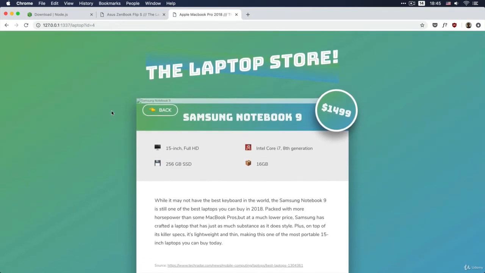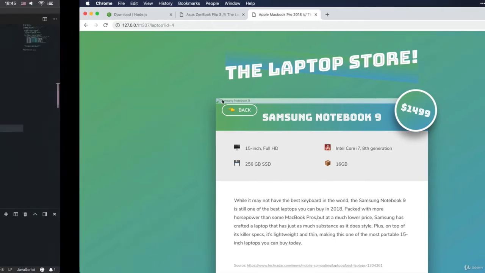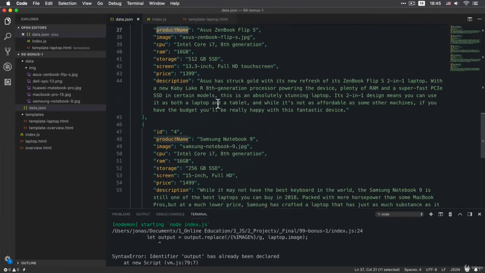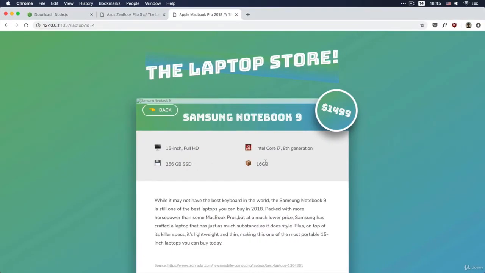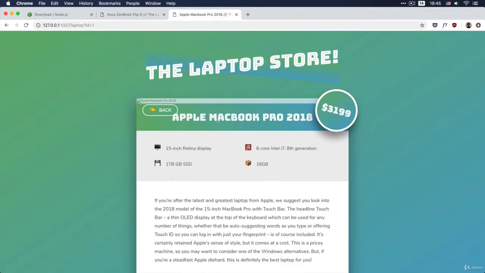So we have our real HTML page here with all the data that is coming from the Samsung Notebook 9, so from number 4. So we have the RAM, storage, screen, and you will see everything is the same as we have in our data JSON. So that's amazing. That's really great. Number 1 is the Apple MacBook, and now we have 1 terabyte, a 15-inch Retina display, and a 6-core Intel i9. And of course, this huge price. Now, one thing that's missing here is the image, and we're going to fix that a bit later, because that's something a bit particular. And for now, I just want to continue with this templating for the other part,